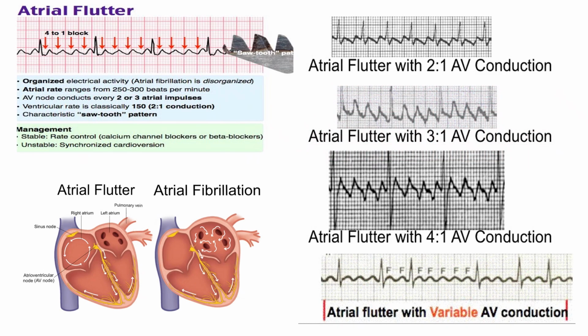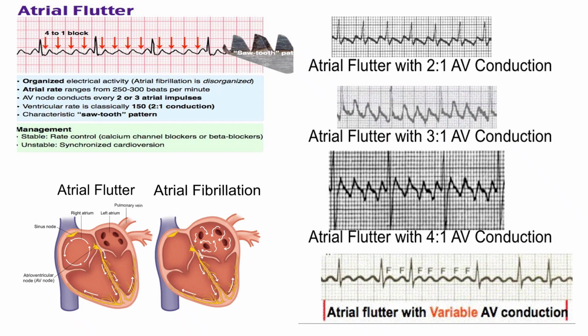Let's look at A flutter. A flutter is pretty easy to discern, and you're not required to know how to interpret this rhythm for this course, but you will see it in the clinical setting. So let's talk about it. You will notice that it's much more organized than your AFib, and it may actually be regular or irregularly regular,